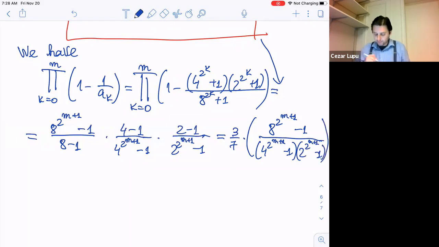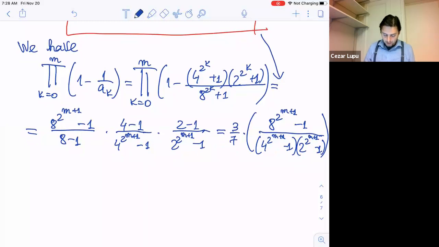Let's be careful here. Okay, so we have this. And now I think it's clear. Anyway, we can just neglect that. We can take, as n approaches infinity,